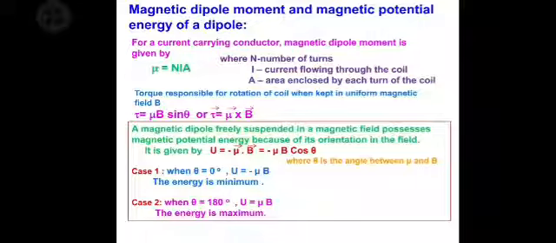And if you remember, in case of an electric field in 11th standard, we have studied that the torque acting on a dipole is tau = P cross E, where P is the electric dipole moment and E is the electric intensity. So this is the similarity between magnetic dipole moment and electric dipole moment. So both have the same equation. Here in electric dipole moment, electric field is present. In magnetic dipole moment, magnetic field B is present.